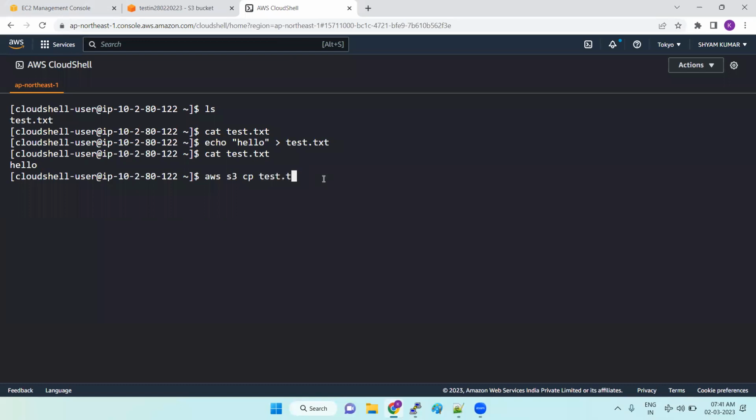So the source is this one. The destination is s3:// and that bucket name. If you pass only the bucket name, it will not work. What file name are you copying? That file name also we need to specify. Whatever source file name you are using, that file name should be placed after the bucket name. So once you do it,